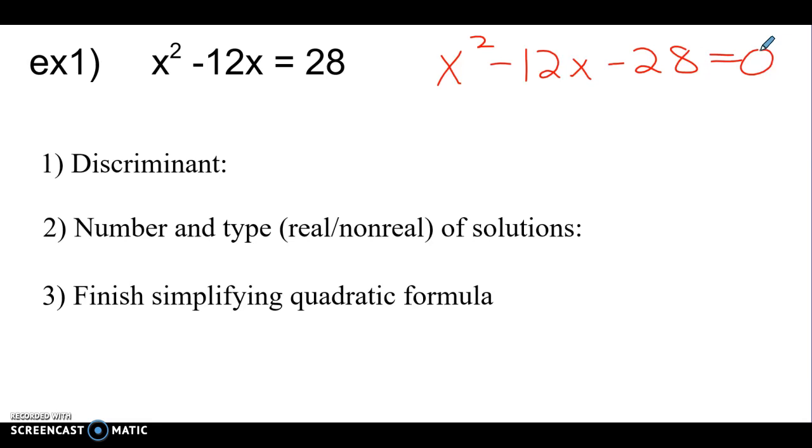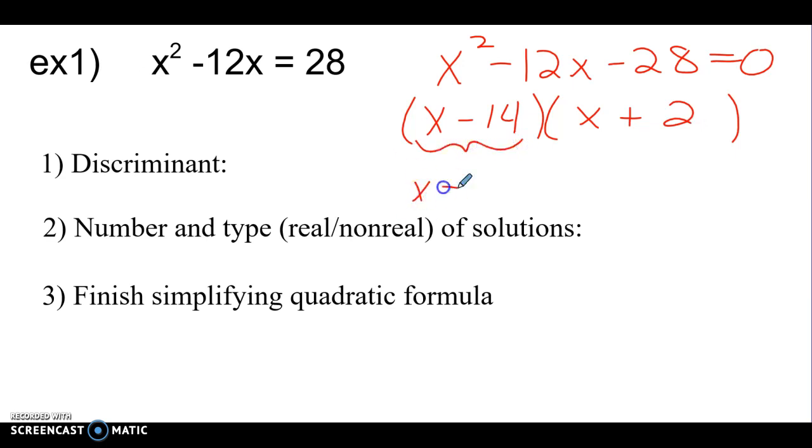Which is kind of the answer. Minus 14 plus 2. But remember, the answers are the opposites because you have to set them equal to 0. So if I set this equal to 0, I get x equals 14. And